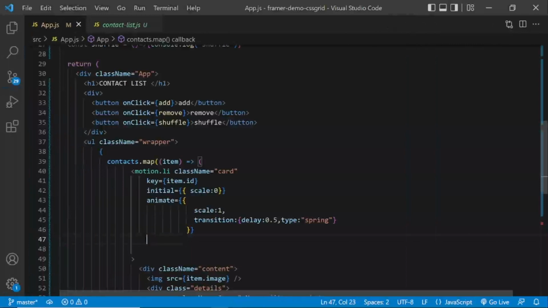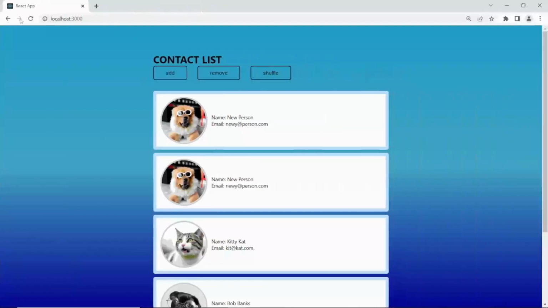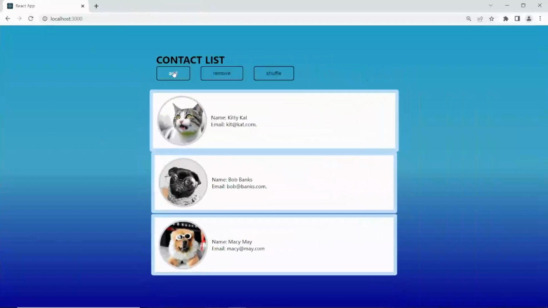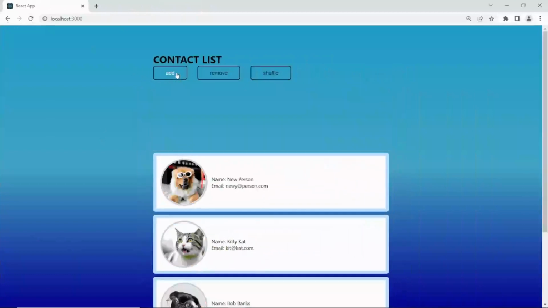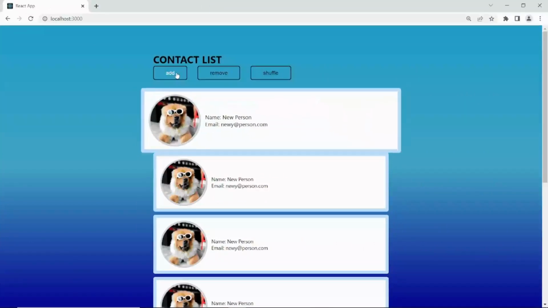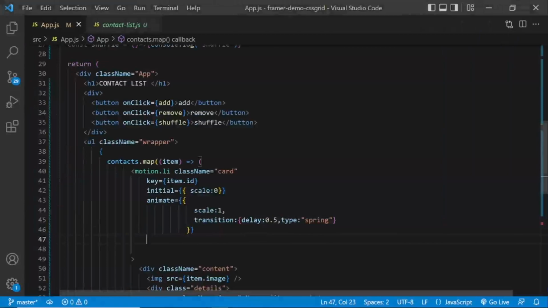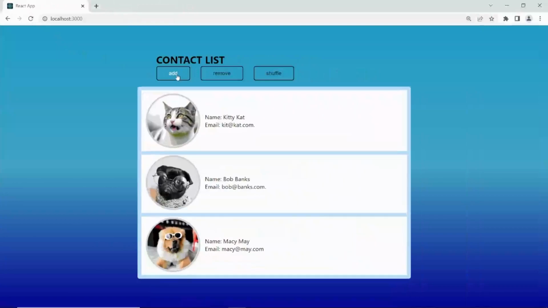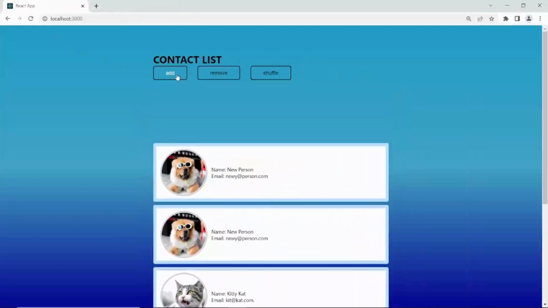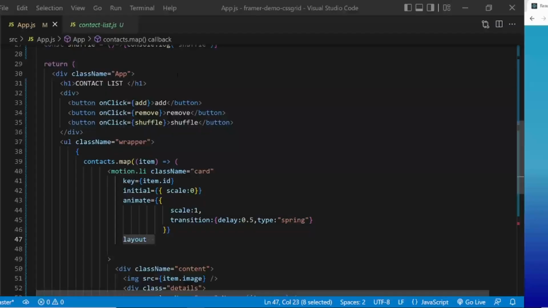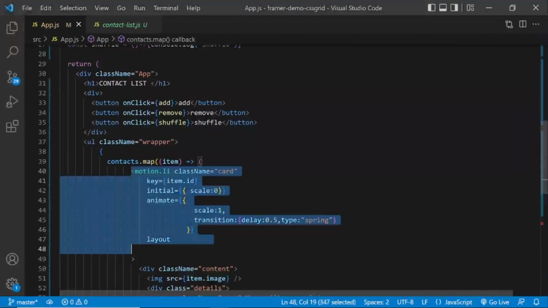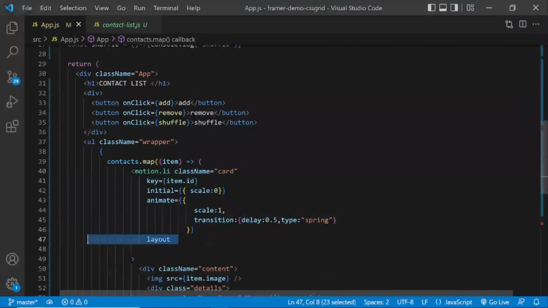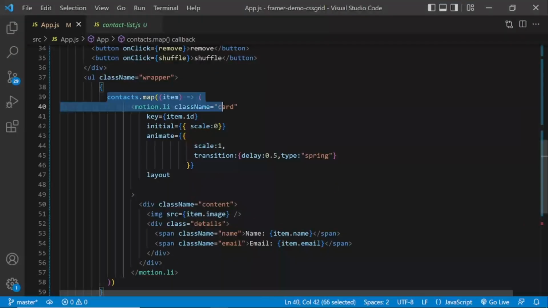I can just demonstrate without it. If I take that out, save it and refresh, you see this sudden jumpy movement there. See, it's jumping now. So if I go back and add it back in, and refresh, now it's adding it smooth again. All right, so that's all we needed to do. All these elements will have a layout property, because we're mapping the contacts, so it will be applied to every list item.